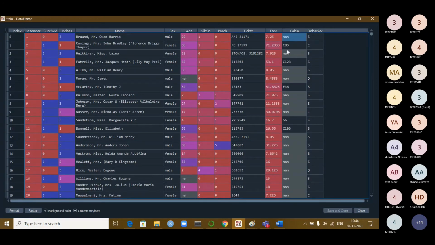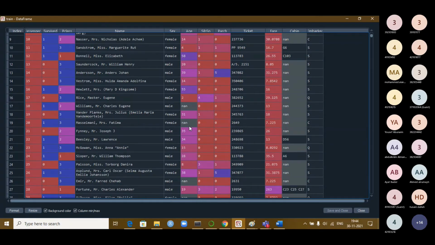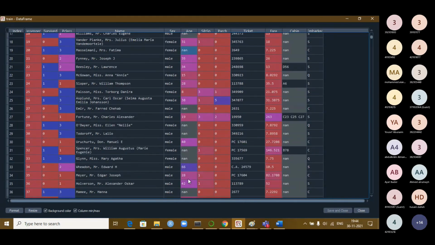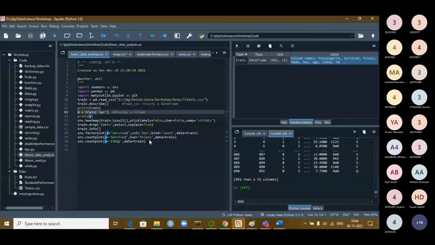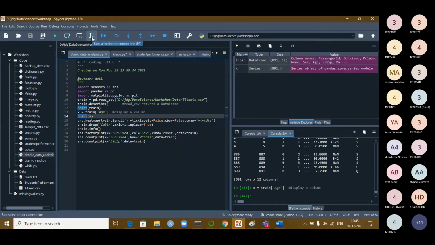Without looking at the frame, directly I can tell you what values are missing from the graph. Here you see the age. At a few places you have the missing values. Remaining all are filled without any trouble. Now let us come to this. Showing one specific column, the age column, as a sample.